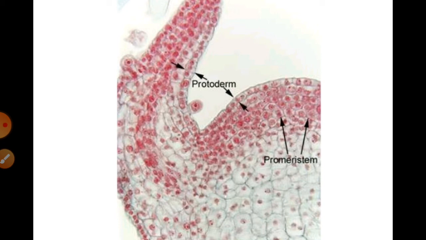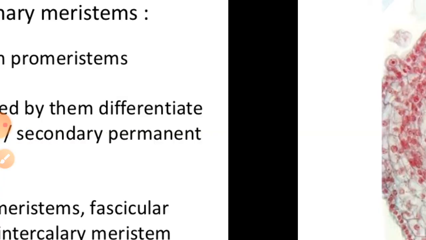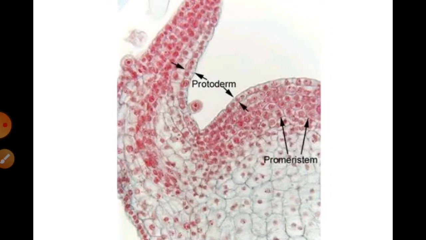We can say it forms isolated strands of elongated cells very near the central region. Then, on the basis of another function, the ground meristem. If we talk about the ground meristem, it develops into the ground tissues, and its cells are thin walled, living and isodiametric. In the later stages of growth, they are differentiated into the hypodermis, cortex, endodermis, pericycle, medullary rays, and pith.